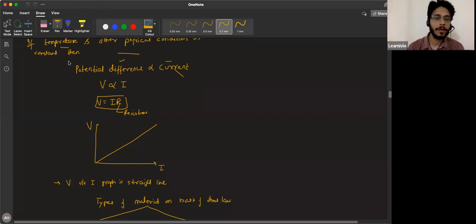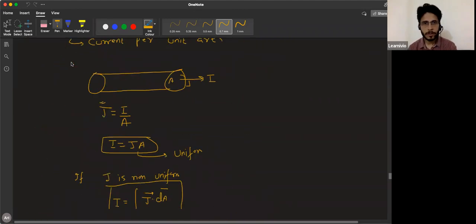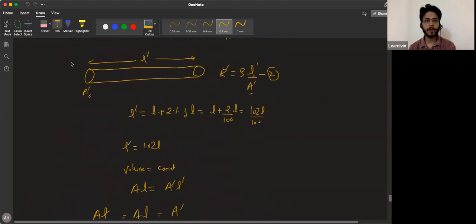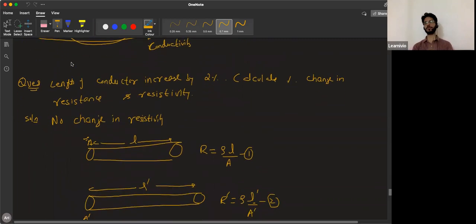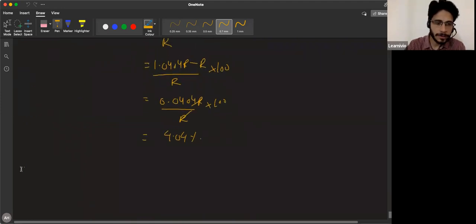Sorry. Yes, we were doing current density. Current density is current per unit area. Okay, we have finished this. We have finished questions like: if you change the length of a conductor by 2%, then its resistance and resistivity will change by some amount. Next type of question is,